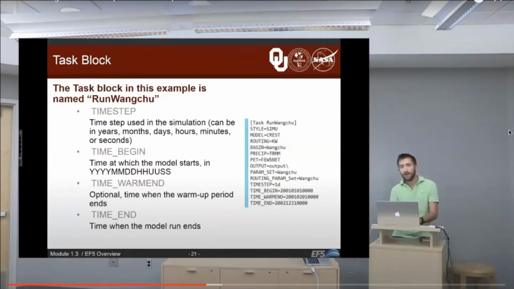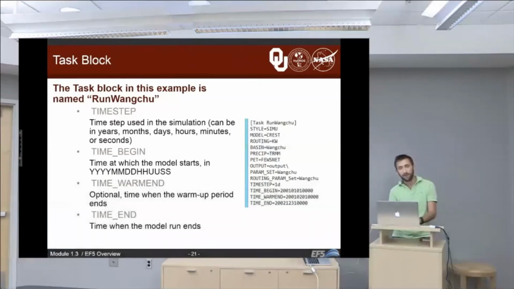So here we're running EF5 every day. So that's why we have 1D in our time step line. And then we have time begin, time warm end, and time end. And those are basically just